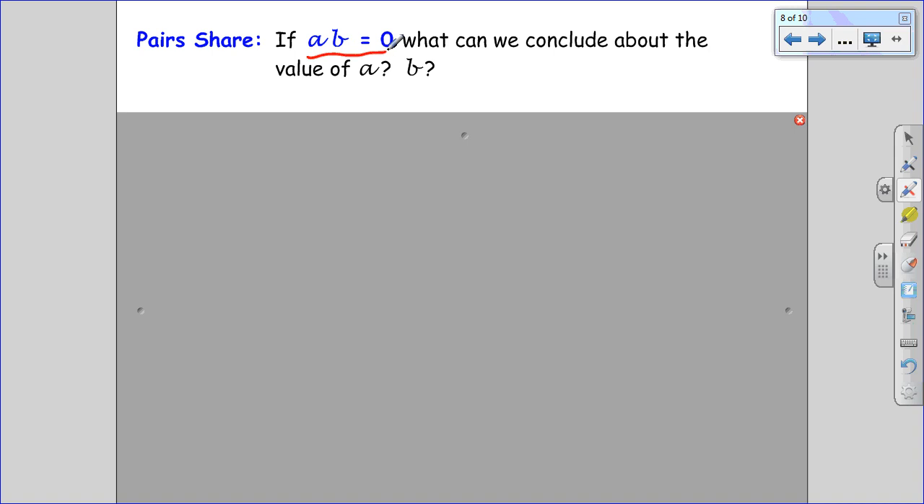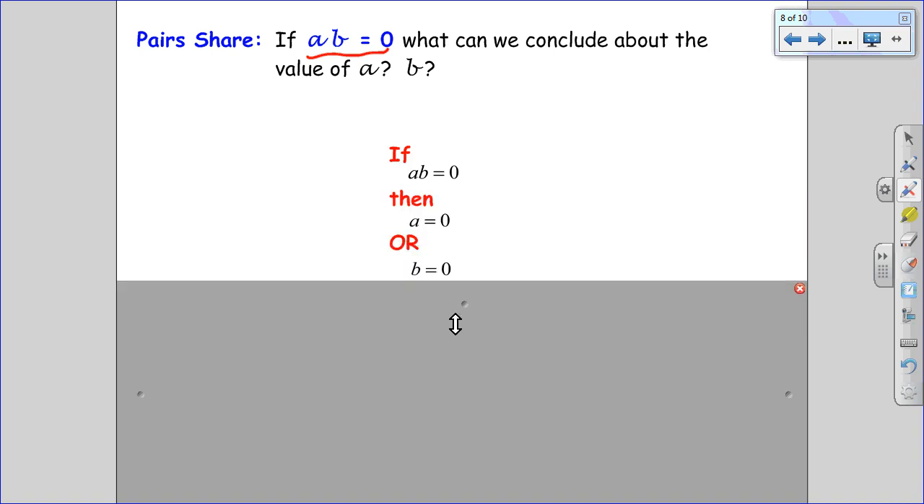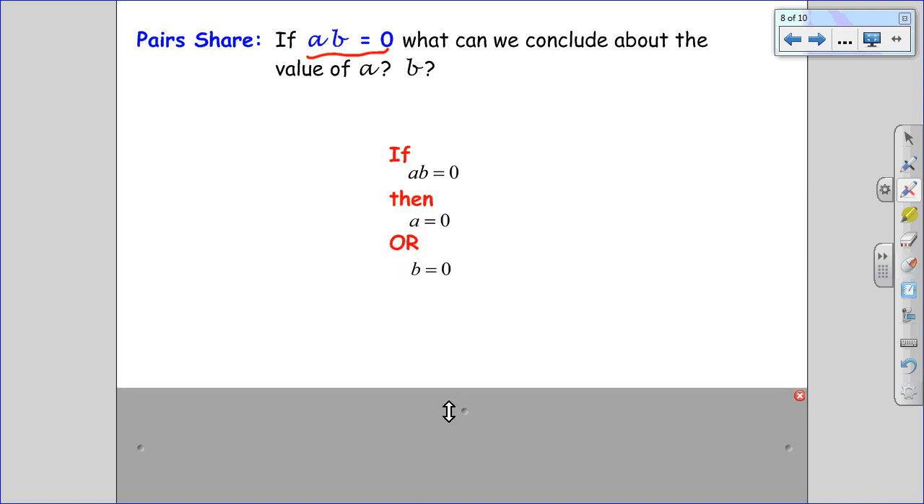If AB equals 0, what can I conclude about the value of A and the value of B? Well, I know from our discussion in class yesterday that AB equals 0 tells me A is 0 or B is 0. If I extend that further even to be A plus C, sorry, I'm not very good at drawing without the Moby, times B plus D equals 0,